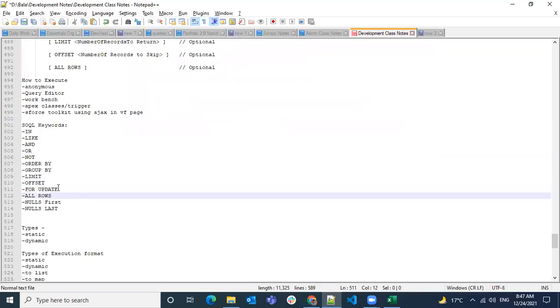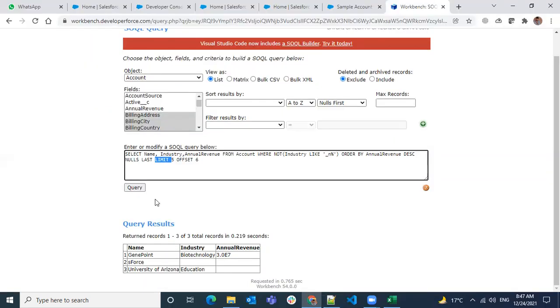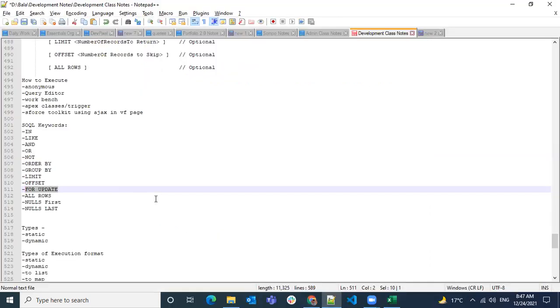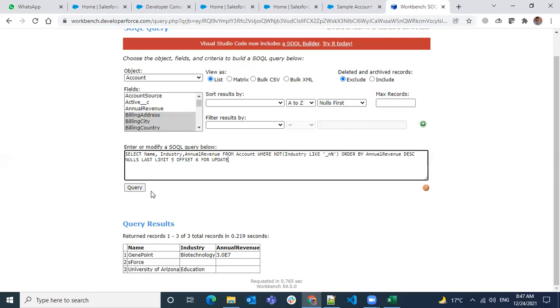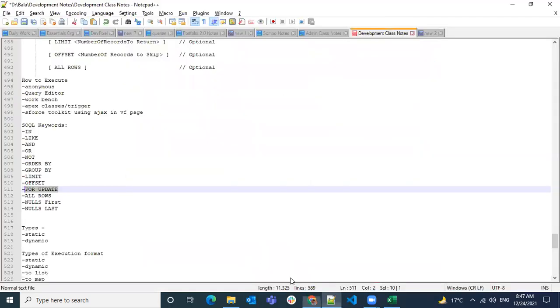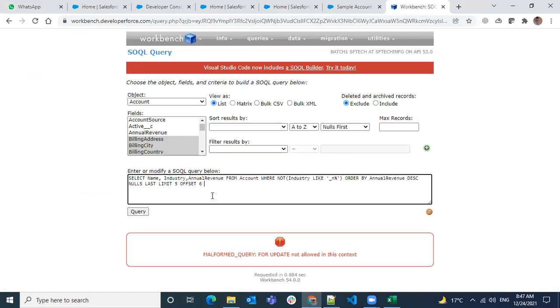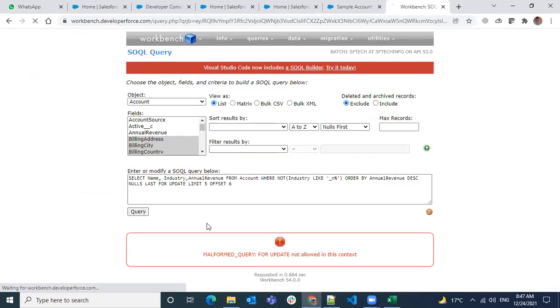Because if somebody was trying to perform an operation, it would really be over in a fraction of seconds, so we are not doing any operations here, and we cannot test it. FOR UPDATE has to be in the exact position. It can be used before limit and offset, so before limit and offset only we have to use this for update keyword.